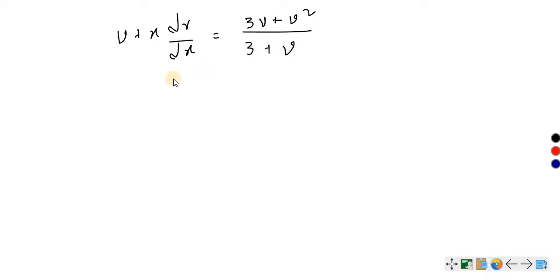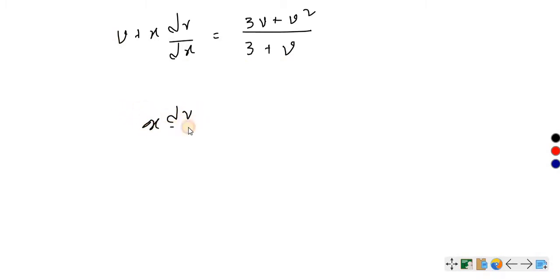So now what we can do here, we have only two variables, that is v and x. So we can proceed further by the method of separation of the variables. So if we proceed for the separation of the variables, what we have to do? We have to bring v one side and x on the other side. So let me take v one side, say this v will go that side, that is I can write